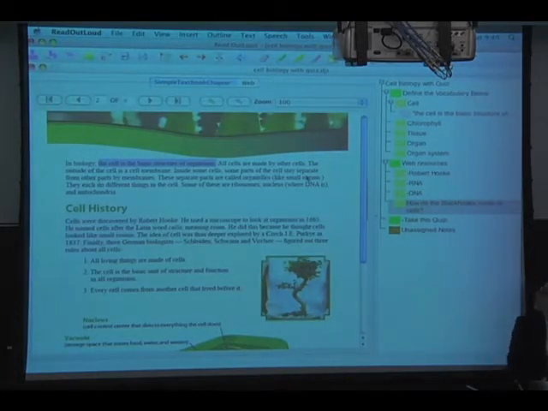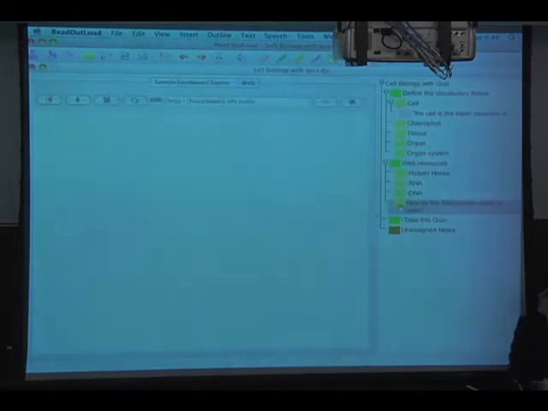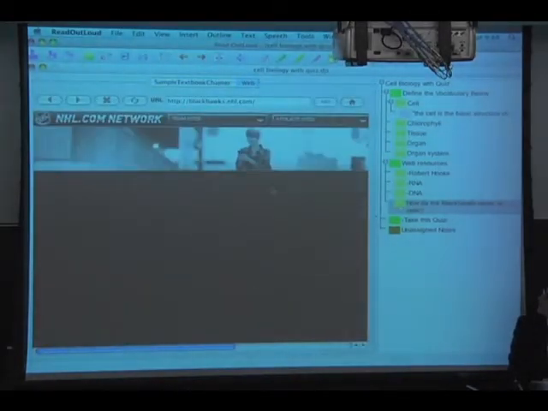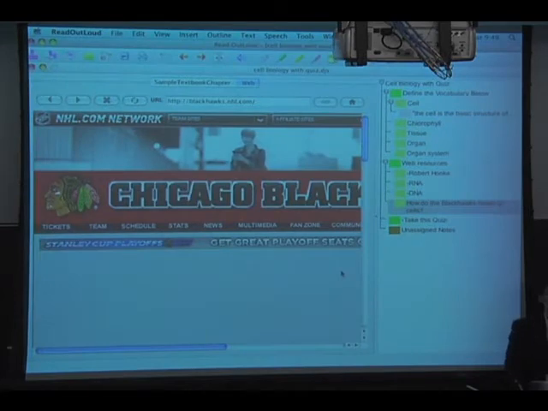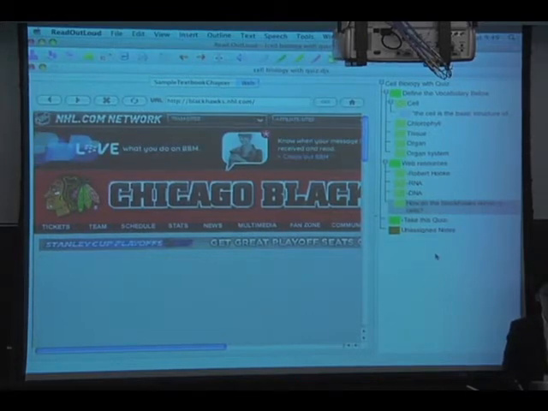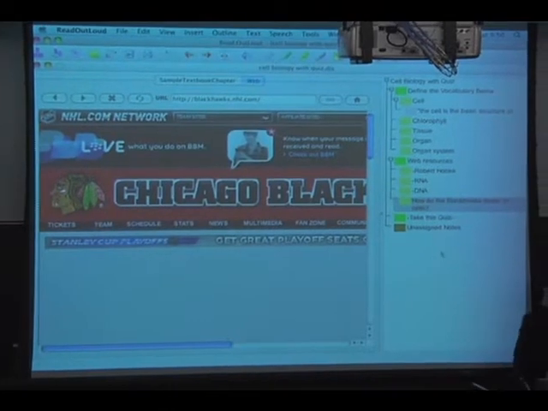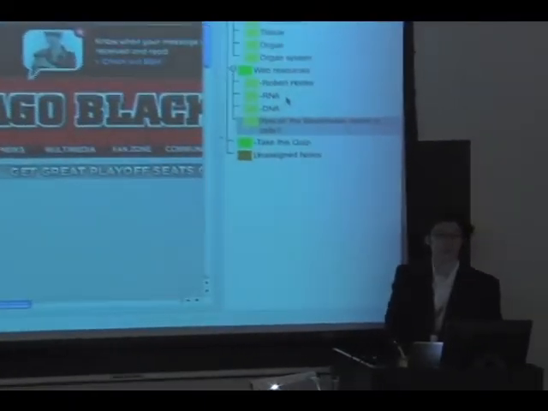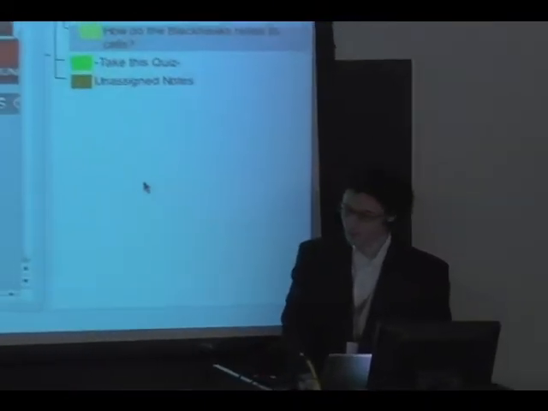So then under web resources, if the student double clicked on that, it would take them to the exact website that I got it from, and they could fill in how Blackhawks relate to cells. Okay? Question? Is that simple? You guys all do that? All right, so it literally took me 2 seconds to create this right-hand side. The final thing that I wanted to show you is, so I've shown you lots of, we've done a lot today actually in an hour.